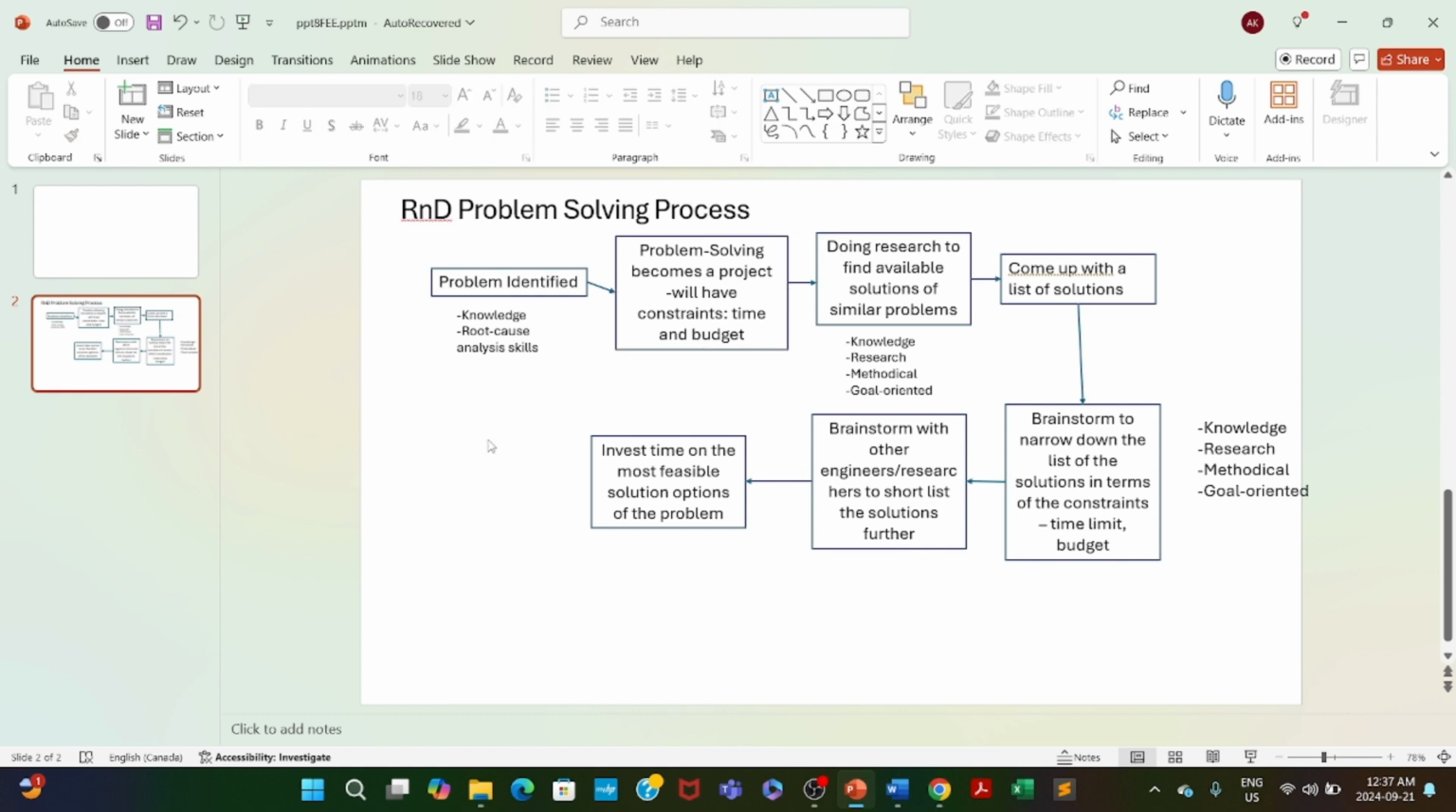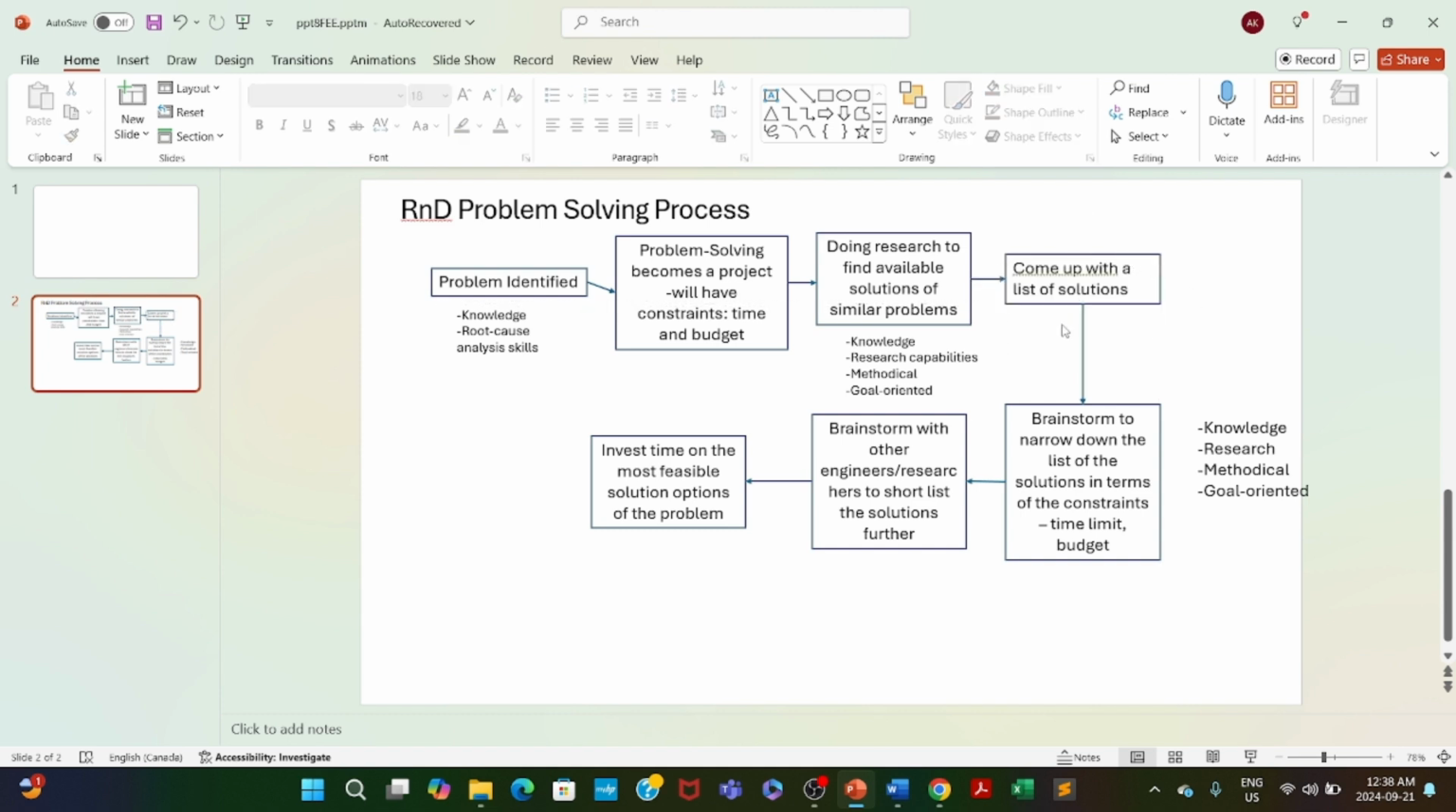And then the next step is we do research to find out available solutions of similar problems, and that requires knowledge and research capabilities. It requires us to be methodical and goal oriented so that we don't lose our track,